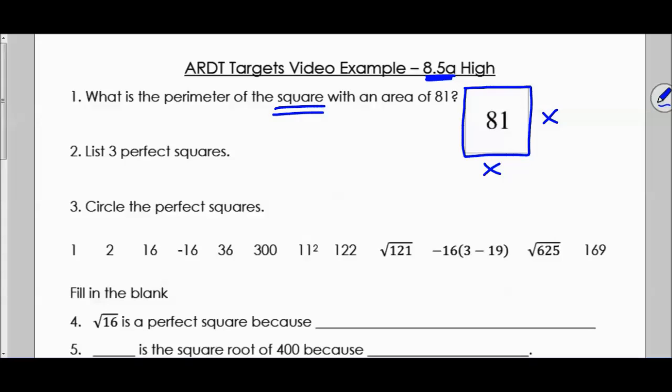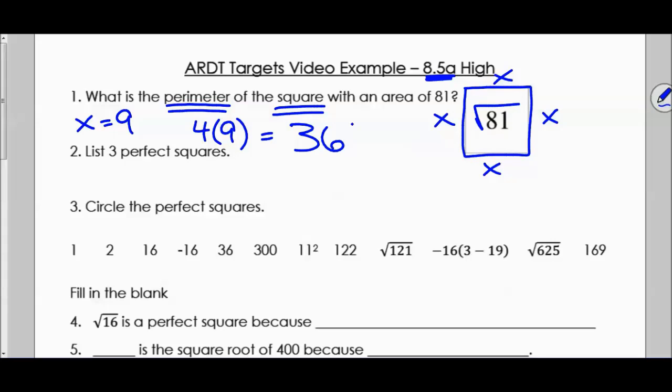Instead of trying to guess what number times itself would give us that, a really easy practical application of square roots is to work backwards to that number times itself. So we're going to take the square root of 81. That tells us that x, or the side, is 9. The question's not asking just for one side, though. It's asking for the perimeter. It's asking for all 4 sides added together. So it's really 4 times one of those sides, or 36. That is the perimeter